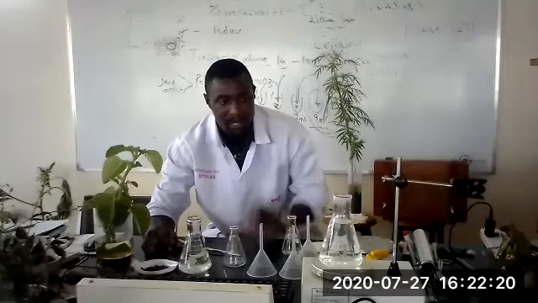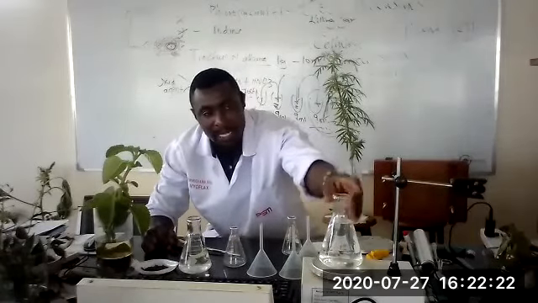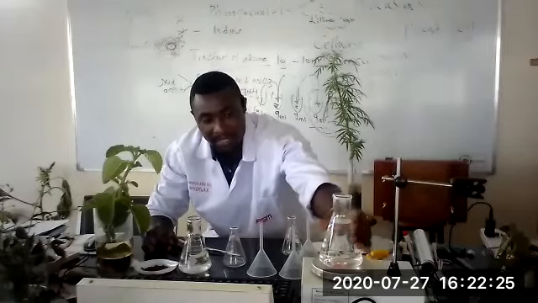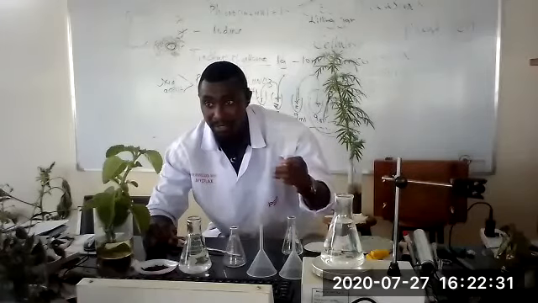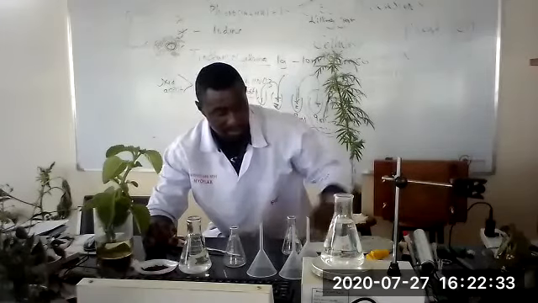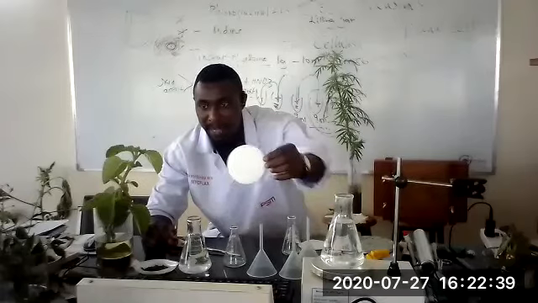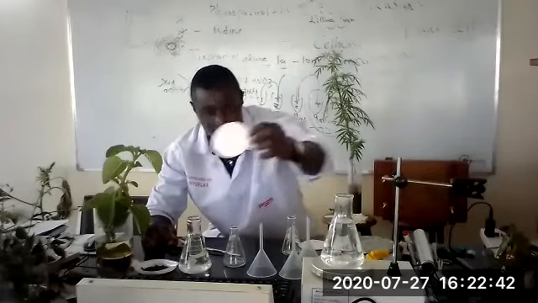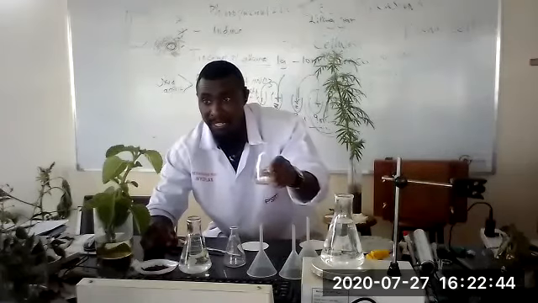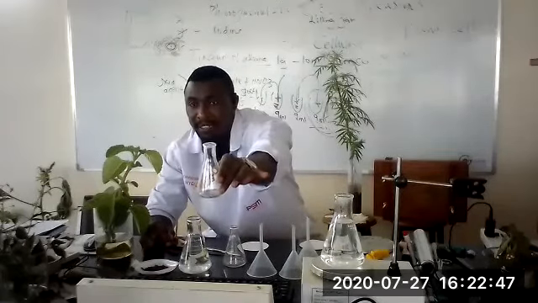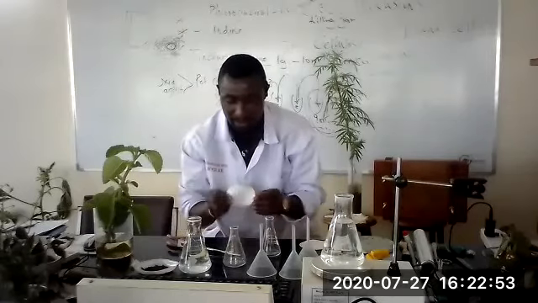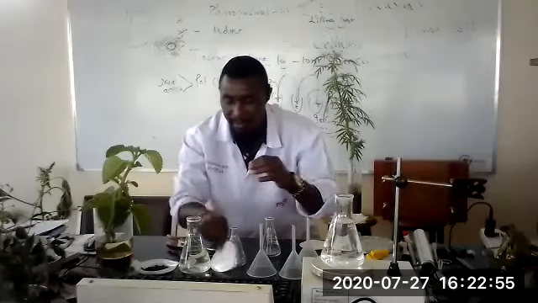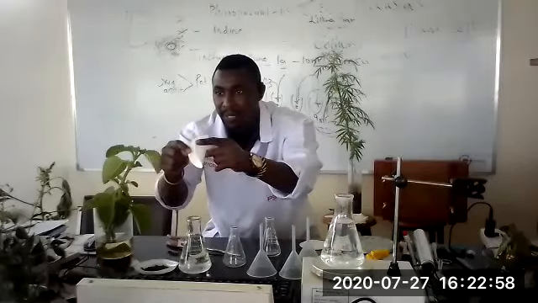So this is the boiling water. Yes, it's boiling. I've got the funnels for filtration, which are going to filter the acacia bark powder. This is the filter paper to be used. We'll filter it here in this small conical flask. So I will first of all prepare my filter paper for filtration. I'll just fold it this way.